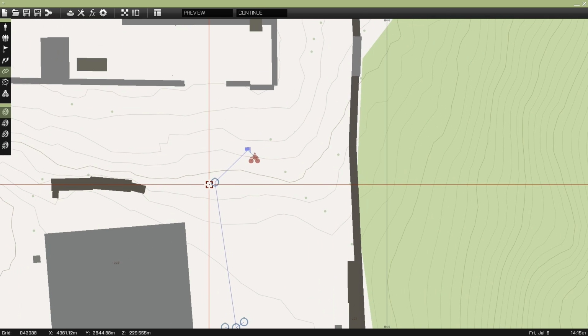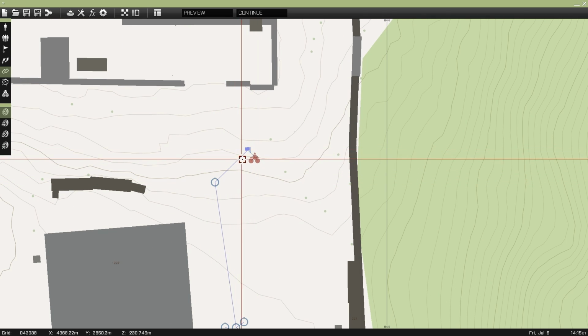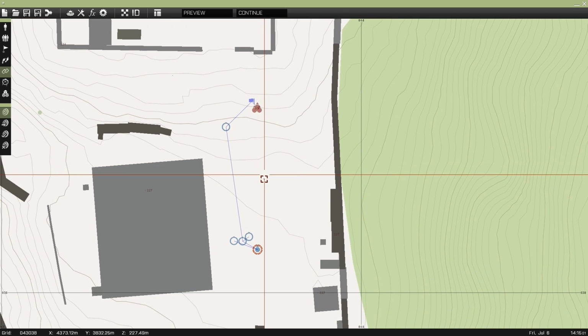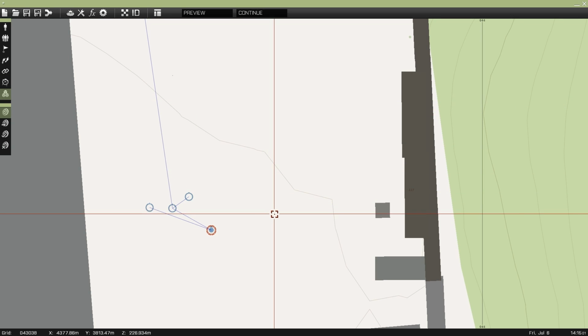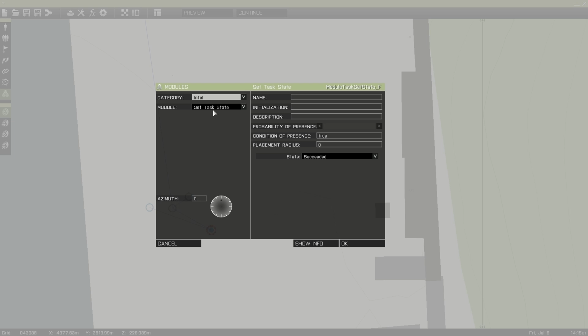And we could create the other task when this group has been killed, but let's just create the task so that it appears when the mission starts. So switch to modules, and then double click somewhere, switch to create task, and again any ID. In this case we will have the player blow up the radar. So set the task ID to destroy radar, and the title to destroy the radar, and then the description, just anything,